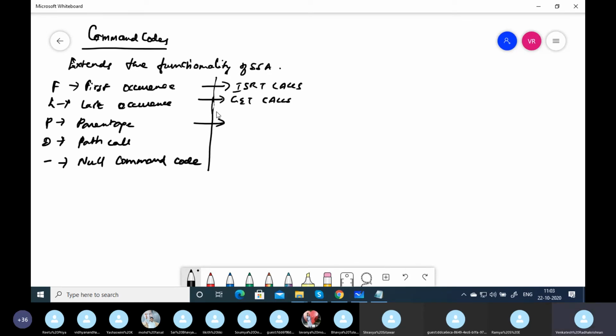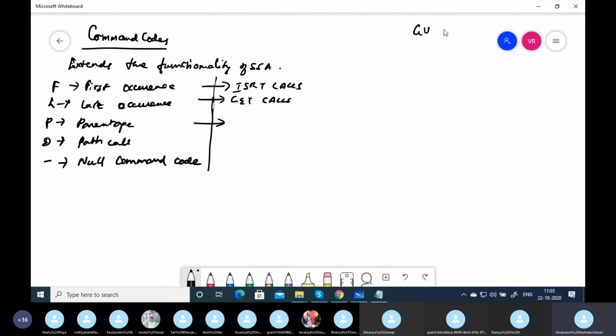Now, star P, parentage. By default, parentage is set with a GU or GN call at the lowest level SSA. Why do you need parentage? If you are going to give a GNP or insert a child, we need parentage. If you want to set parentage on a higher level rather than a lower level, we can use star P on a higher level SSA. This is rarely used. Are you understanding what I'm saying?